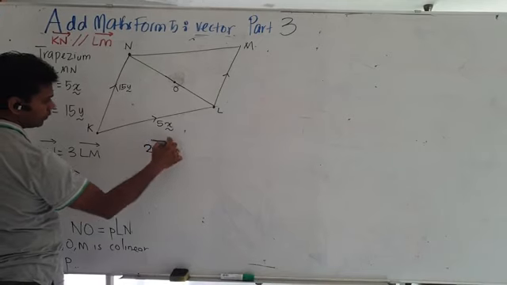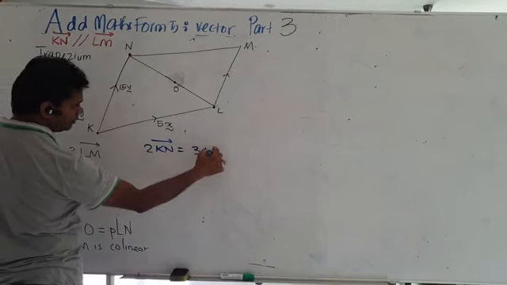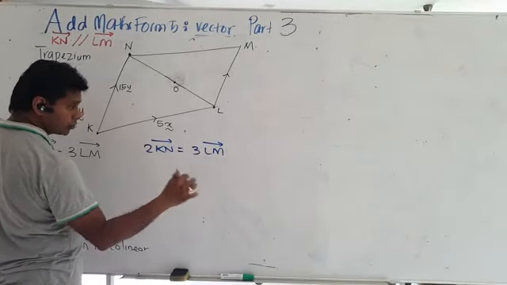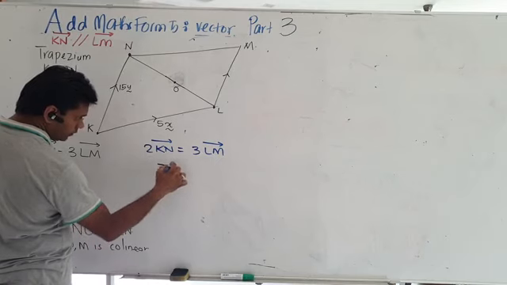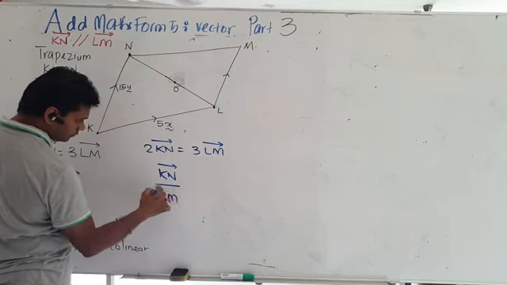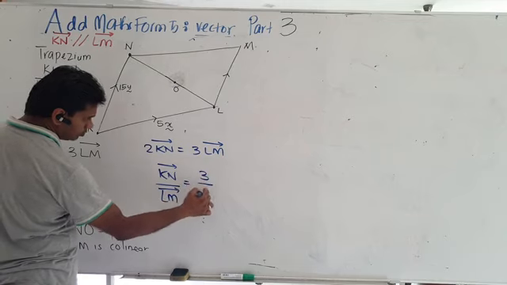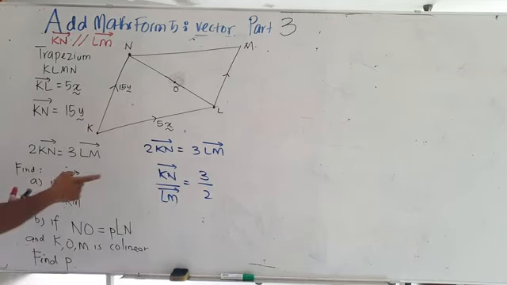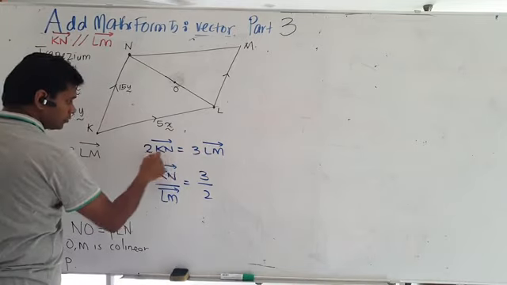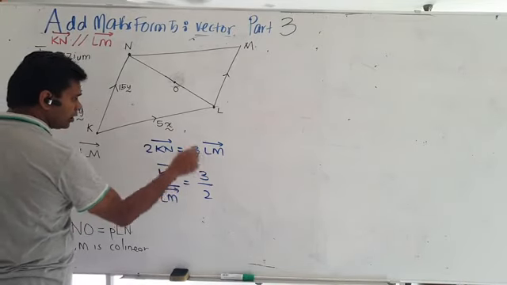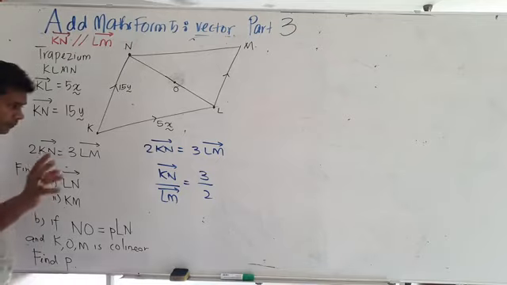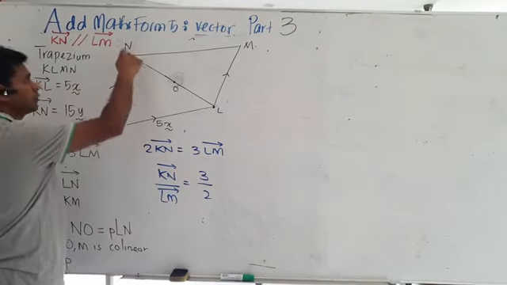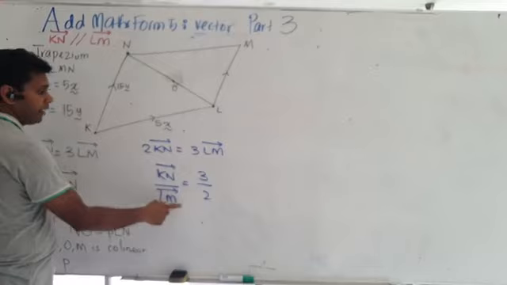So 2KN is 3LM. When they give you like this in exam, what you need to do is bring the LM down and the 2 over to the other side. So can you see what you get? You will get KN over LM is 3 over 2. You got it? So LM comes down, 2 goes there, which means KN is 3, not 2. Here it's written 2KN, but no. Many of you will make the mistake. You think KN is 2 in ratio, so don't make the mistake. KN is 3 times longer. LM is 2 times longer.